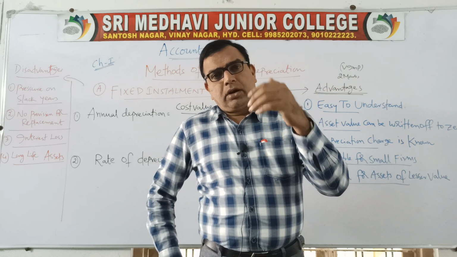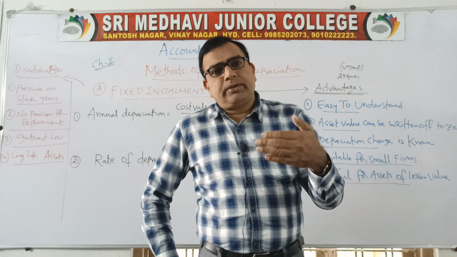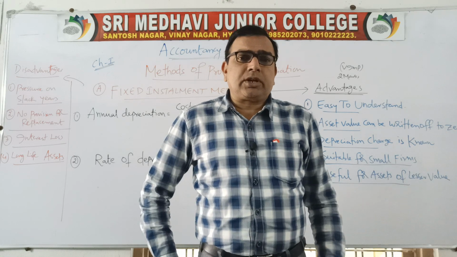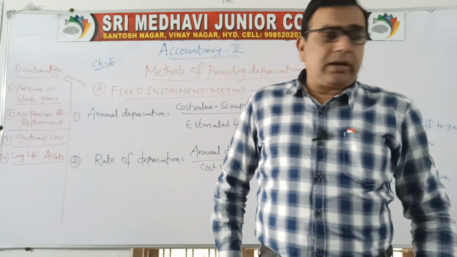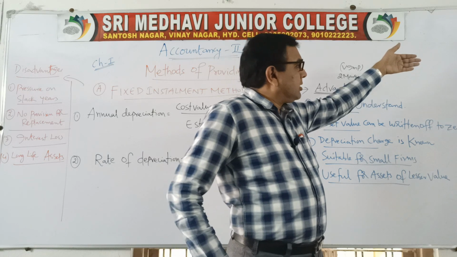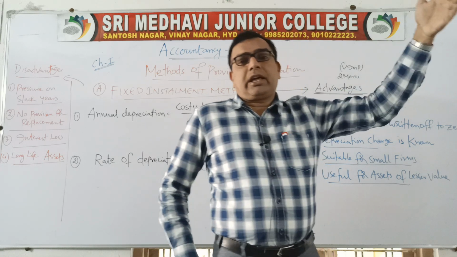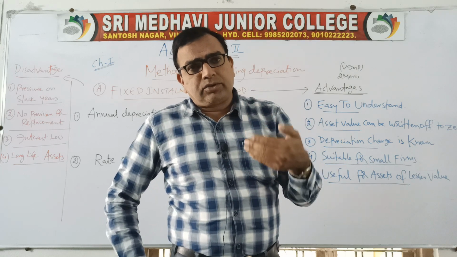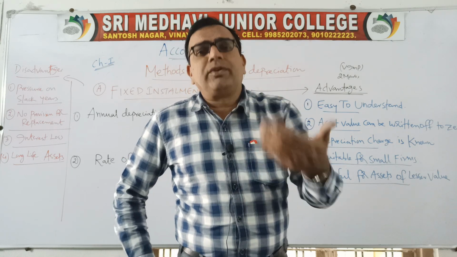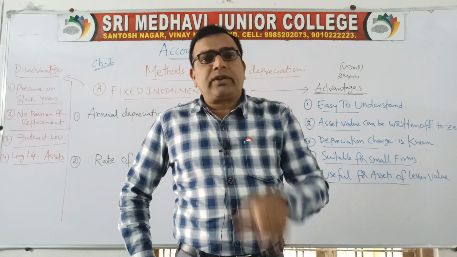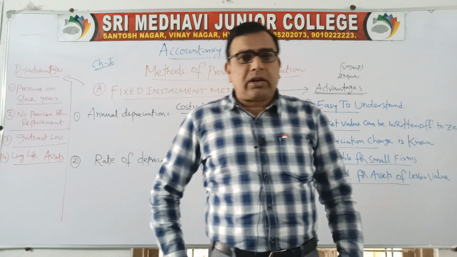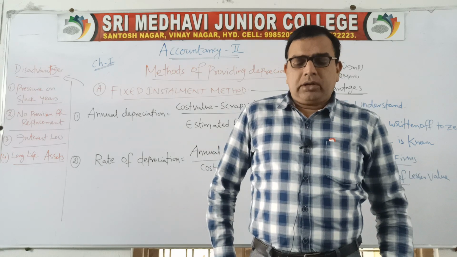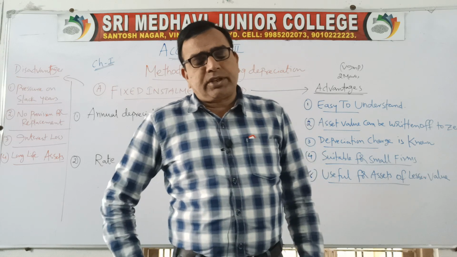Now, how is the accounting treatment done, what are the methods we have to provide depreciation, how is the depreciation to be calculated? While writing the examples in a random manner, I have written that a 1 lakh worth asset has become 90,000, 90,000 has become 80,000, 80,000 has become 70,000. But how do we calculate that? Is there any rule for that? Is there any formula to calculate such depreciation? Already you might have gone through some problems. So let us understand the methods of depreciation.